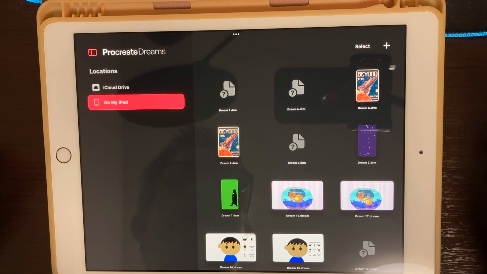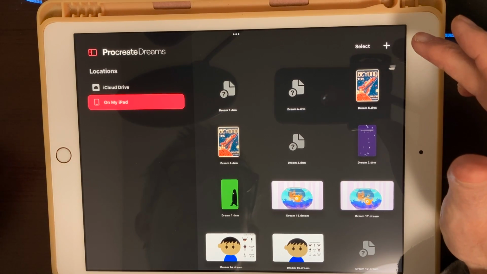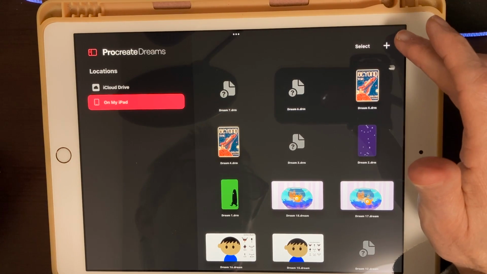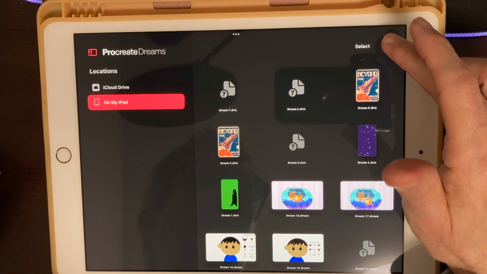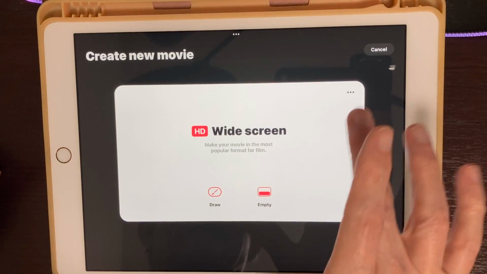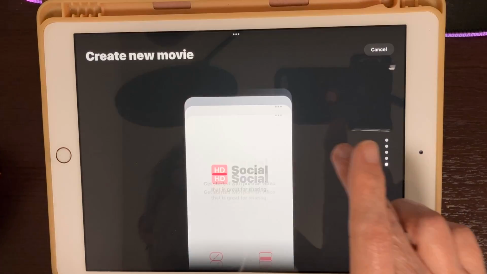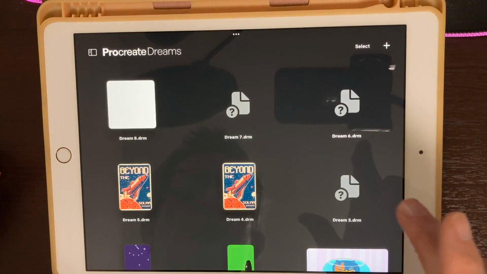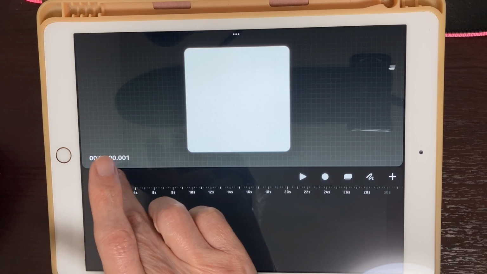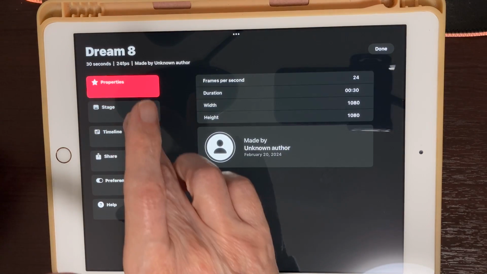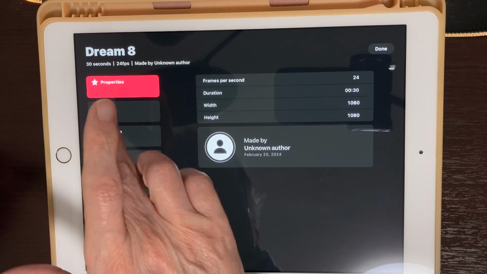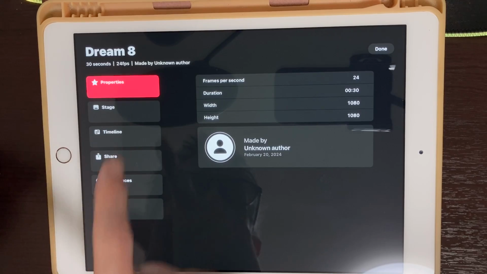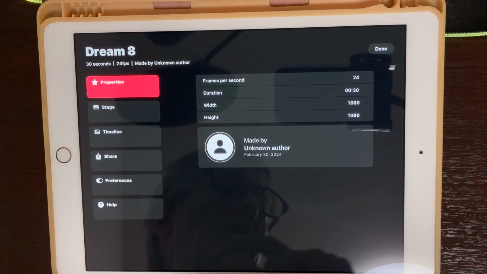Okay, we are back, and let's go ahead and start a new Procreate Dreams file. I'm going to click the little plus up here, and I think I'm just going to start off with something square maybe. Then I'm going to fix these dimensions the way I want them. If you click on the Dreams title right there and go to Properties, which were already there, this file is going to be a width of